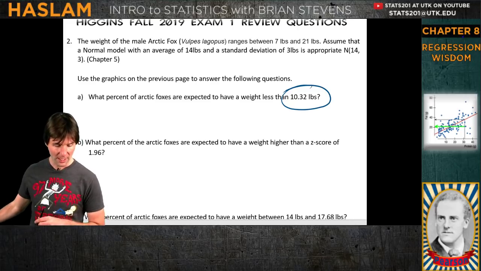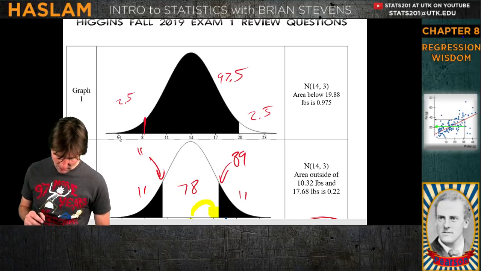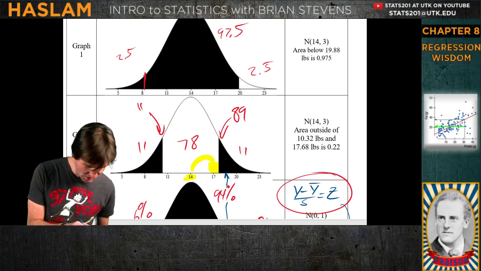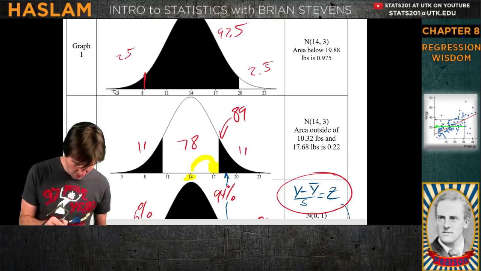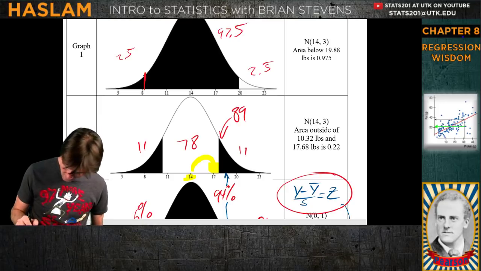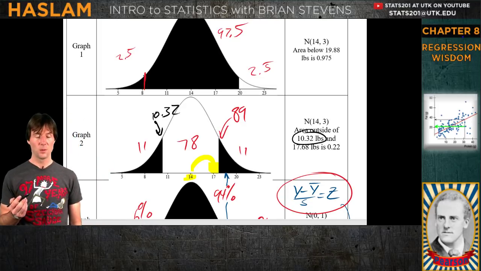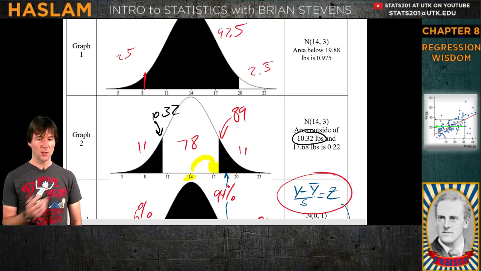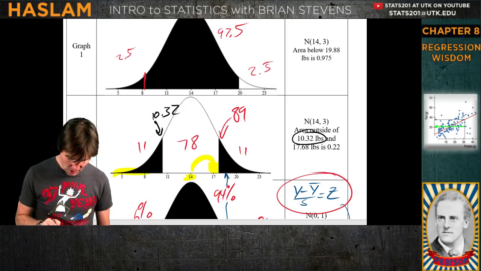So with this, oh, they already have the answer? You guys are amazing. I think we already did that, because this answer was the 17.68. Remember how it said 17.68? Well, we already answered it by doing this, because this spot right here is where this is 10.32. 10.32 is here, and we did it. We solved it. We already solved that one because 11% is below there, and we used this graphic right here to figure out the percent that are expected to be below, and that is specifically this portion of the curve.